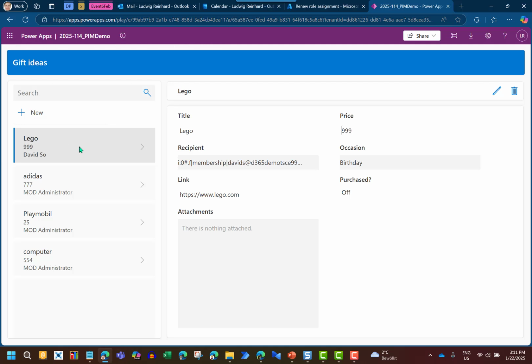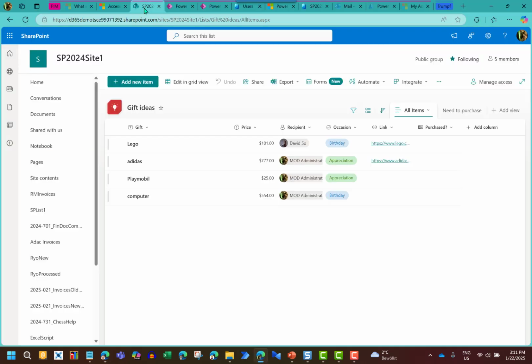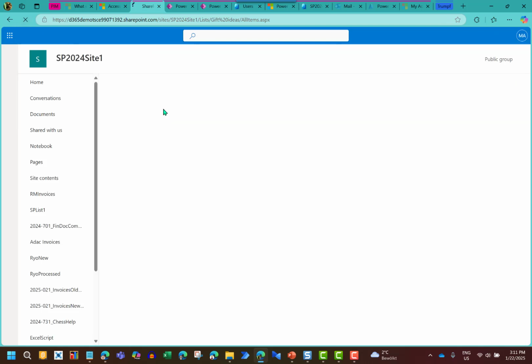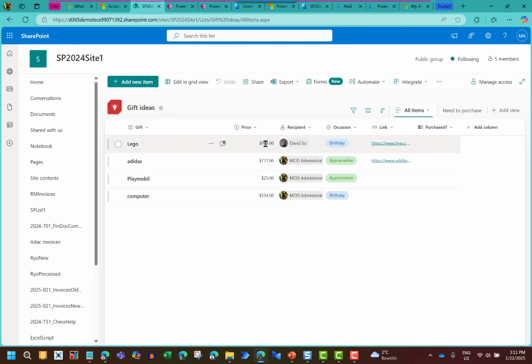And if I go back into my SharePoint list, so let me try that. I should see the changes. So if we refresh that, we should see then 999. So this is a way how you can allow guest users to access your system for a limited period of